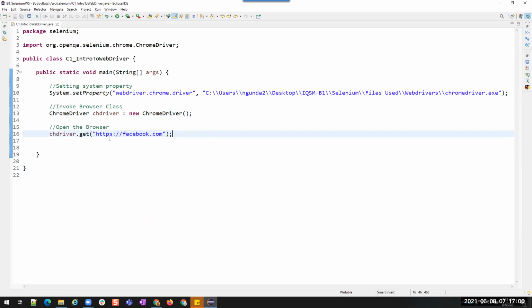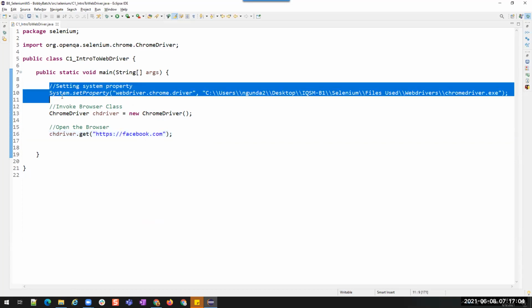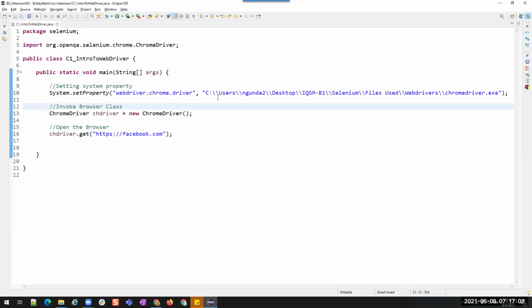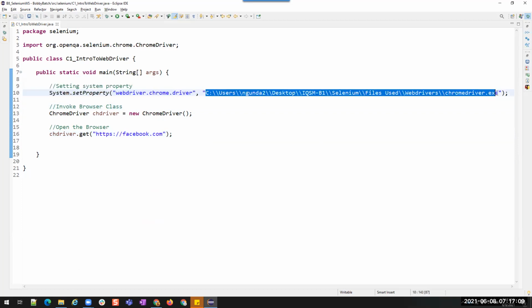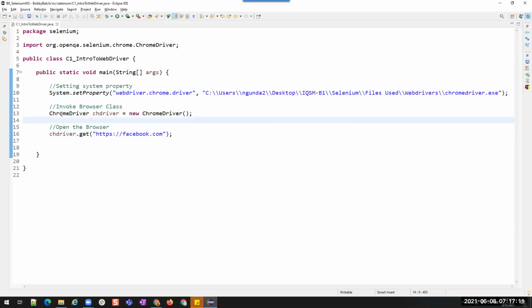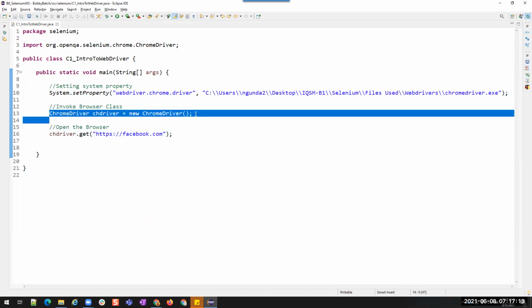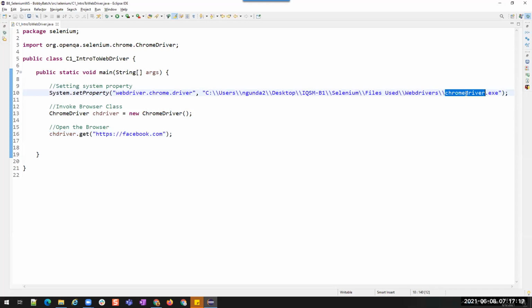So these are the mandatory lines to open and invoke a browser. Okay. So what is the line now? This is letting your system know where your browser driver file is present. And this class is helping us get the methods of this ChromeDriver which are present inside. We should be able to run it, right?